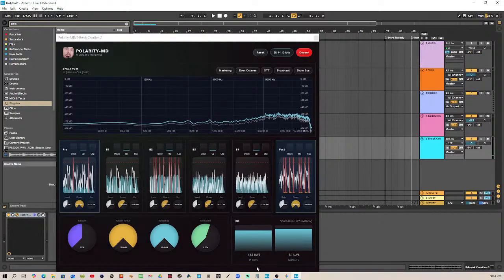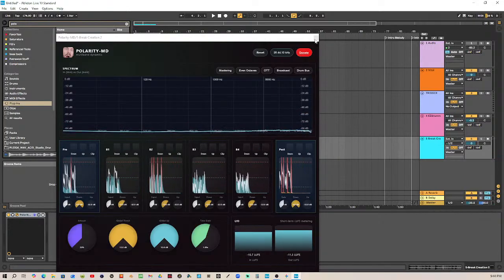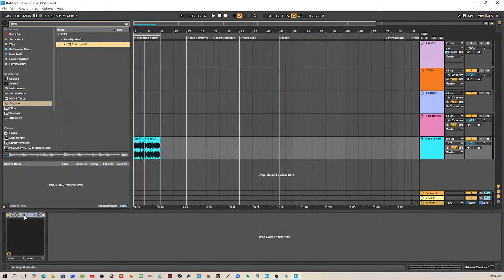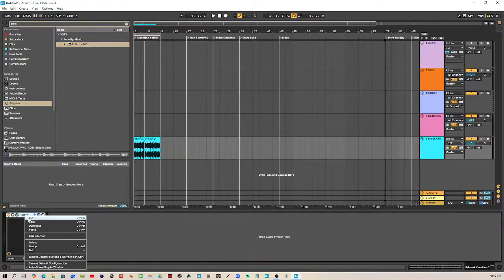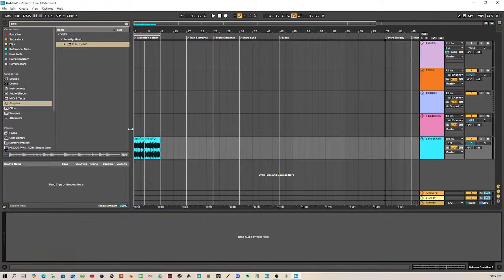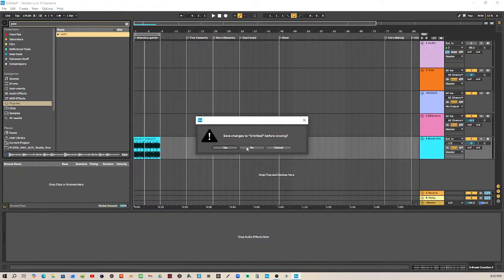Okay. Here's the deal. I don't like it. It's glitchy. I'm going to go ahead and get rid of it. Well, so much for that. It looks like just a regular old OTT would work much better. So yeah, I'm going to shut this down. If you don't know how to get rid of these VSTs,